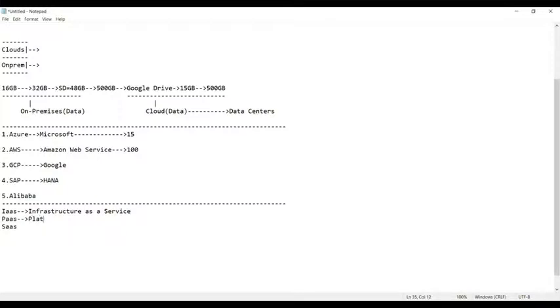Platform as a Service. And then the third one, SaaS, stands for Software as a Service.